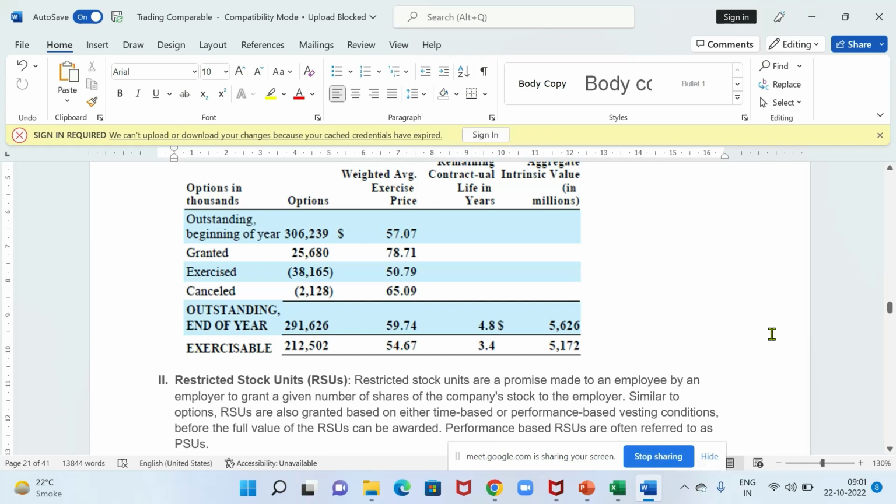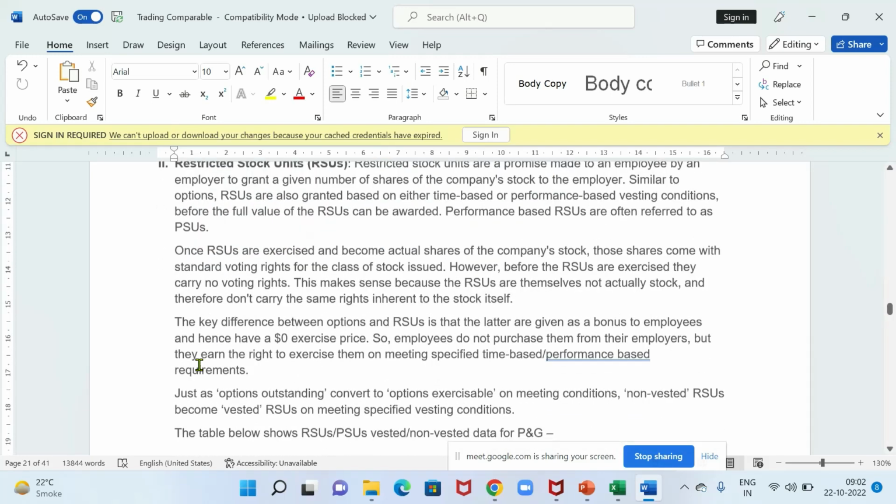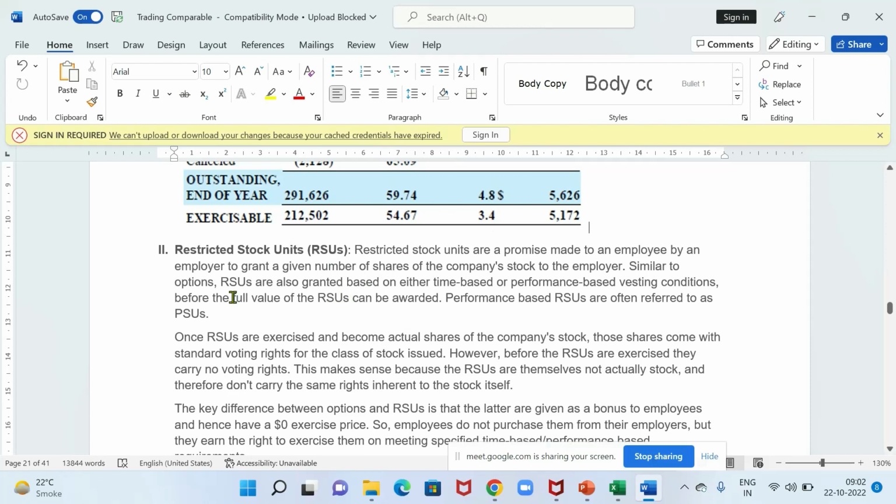So the company is saying that I'll give you certain options at say 10, but for those options an employee needs to acquire them by paying a certain amount to the company, which is basically number of options times the strike price. In that, the company will receive proceeds. Whereas in restricted and performance stock units, the company will not receive any proceeds. These are kind of an incentive given to the employees.